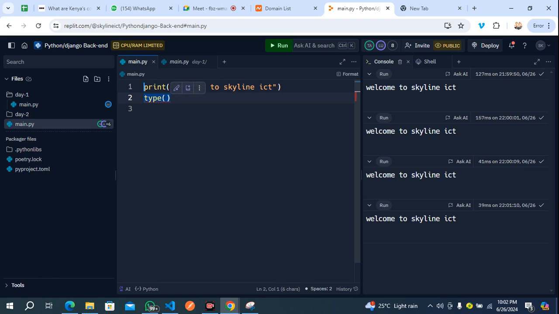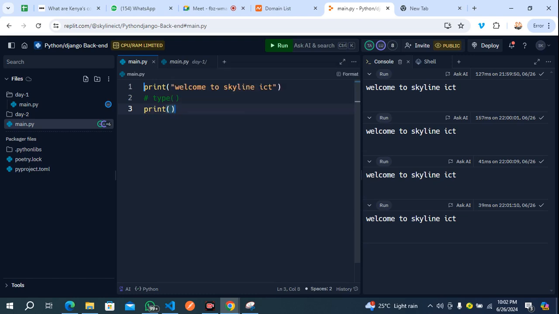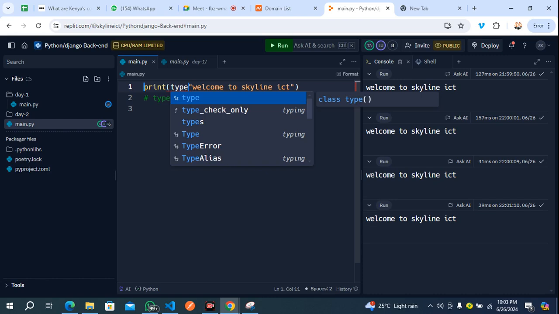So we can also comment on this. Then if we want to see the type of a particular object, what we need to do is to print. So we can come here and try to use type.